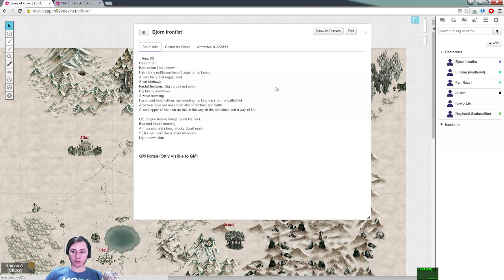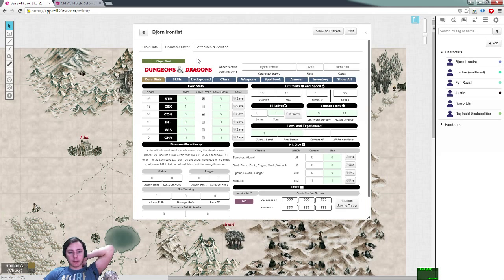For example, we have Beyond Iron Fist. This is, for example, this description of Beyond Iron Fist. The player can edit this. The GM notes are empty, but he can't see them. And the character sheet itself is a bit different from the one you used as an example, because the shaped one, the one you used as an example, did not exist at the time that we were making characters for